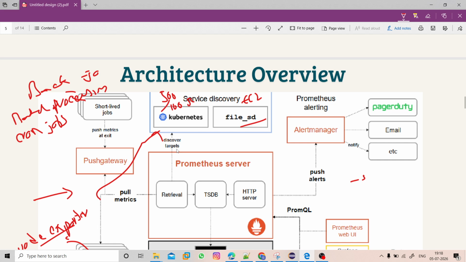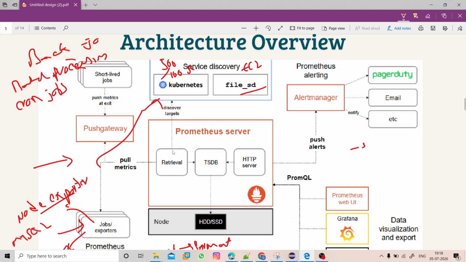Next we have the Prometheus server here. The Prometheus server is the brain of the entire monitoring system. Inside the server, you can see three main components: one is the retrieval, one is the TSDB, and one is the HTTP server. So retrieval is nothing but